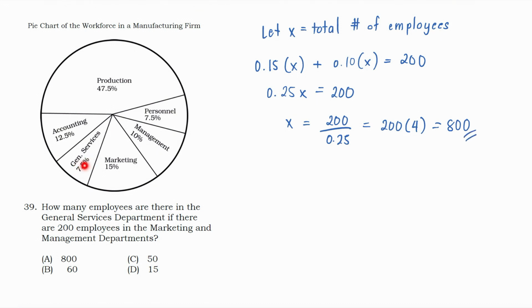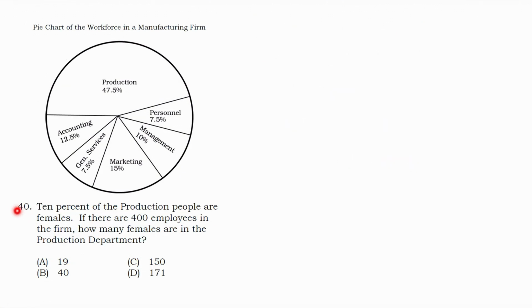Then, as we can see here, yung employees daw na nasa general services is 7.5% nung 800. So, 800 times 0.075. Yung makukuha nating sagot dyan is 60. So, this one is the final answer, letter B. Number 40, 10% of the production people are females. If there are 400 employees in the firm, how many females are in the production department? So, we have 400 employees. Kunin muna natin yung total number of employees dito sa production department. So, 400 times